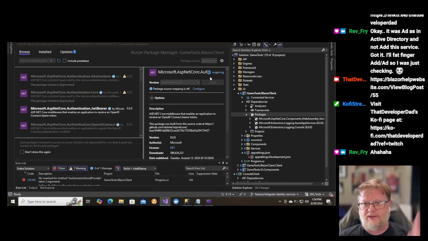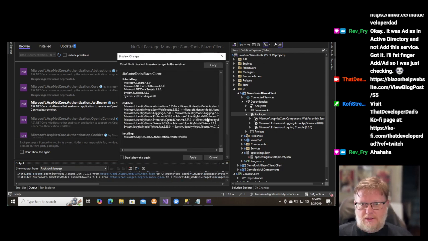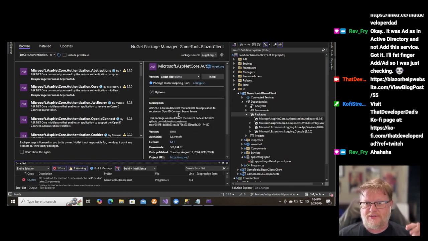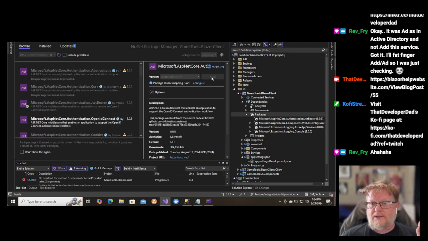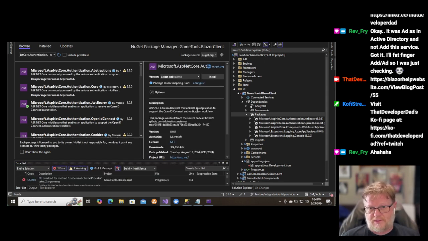And it will pull in all of its dependencies. And yeah, don't show that again. Go away. Yes, just accept the damn license agreements. I also need OIDC, install, accept,